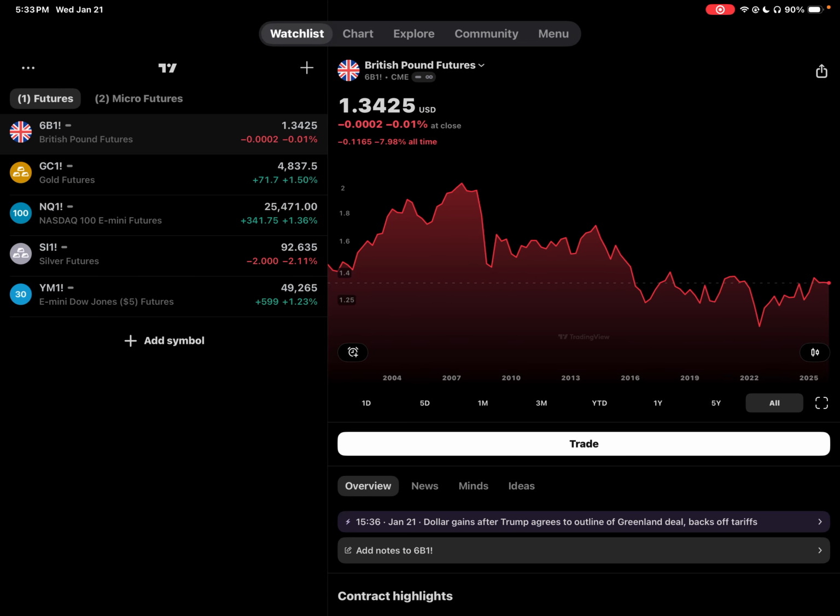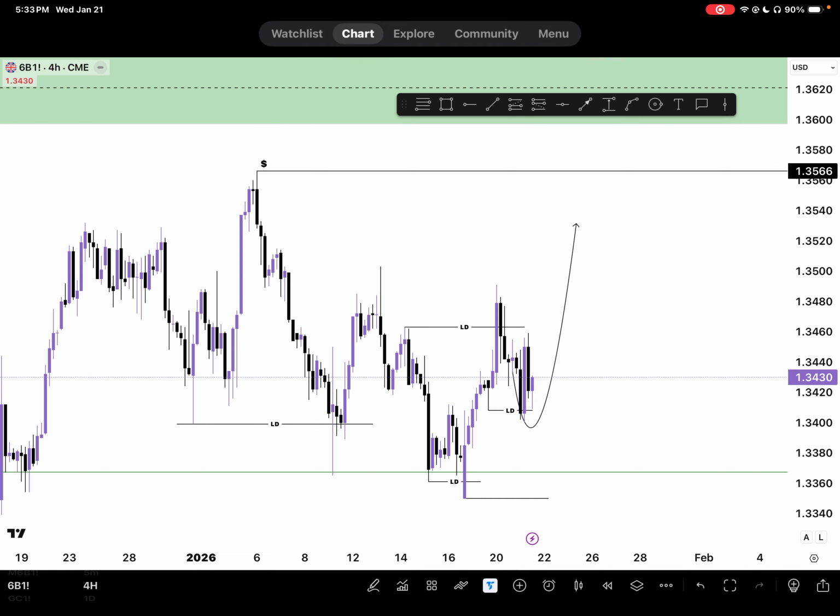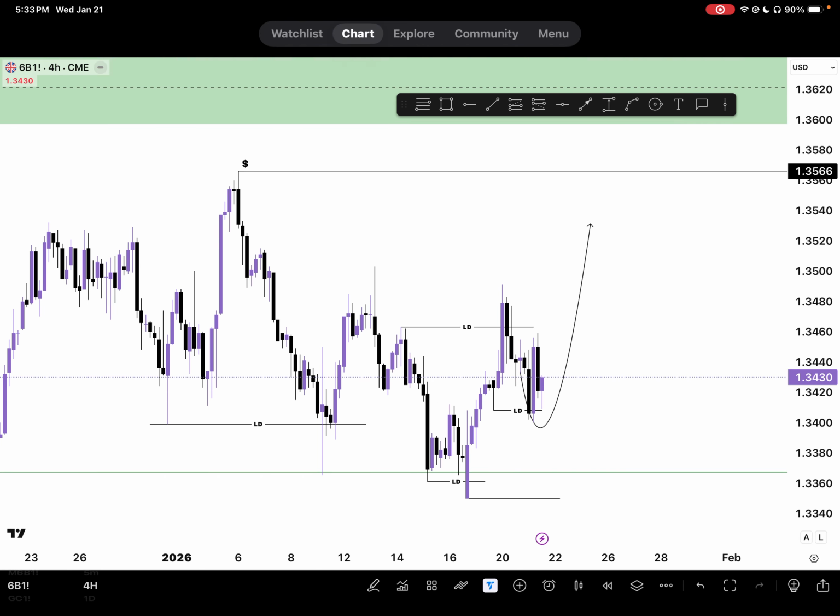All right, so week four, outlook number two. Let's go ahead and start with 6B, or the Great British Pound Futures. You'll see a few annotations on the chart. They're based off of a call I had with my members last night, and this just a little bit more